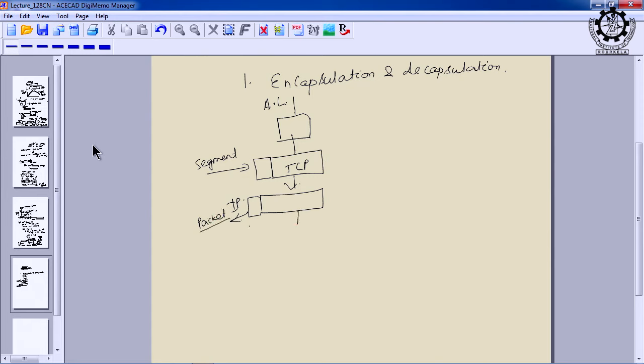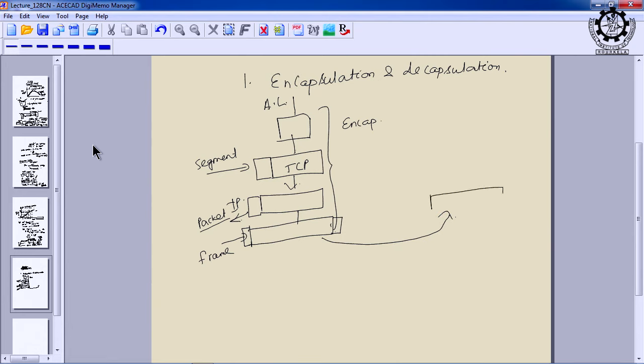Then this goes to the next layer, the data link layer, where a header and also a trailer are added, and it becomes the frame. This frame now enters the physical layer. This is the whole step of encapsulation, and at the receiving end the decapsulation takes place by decapsulating the header